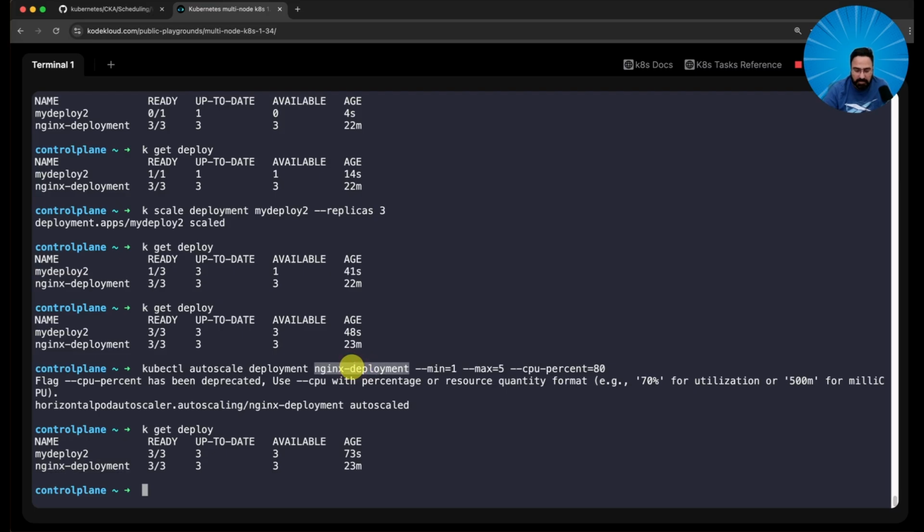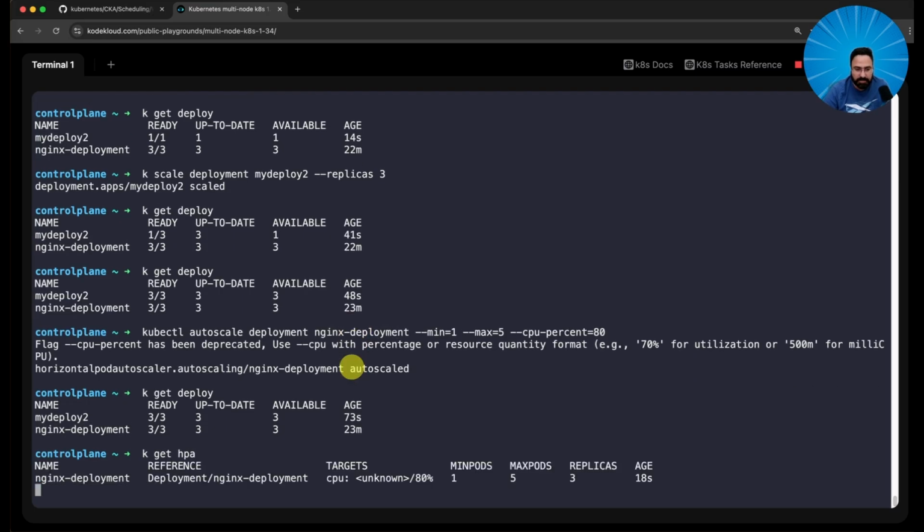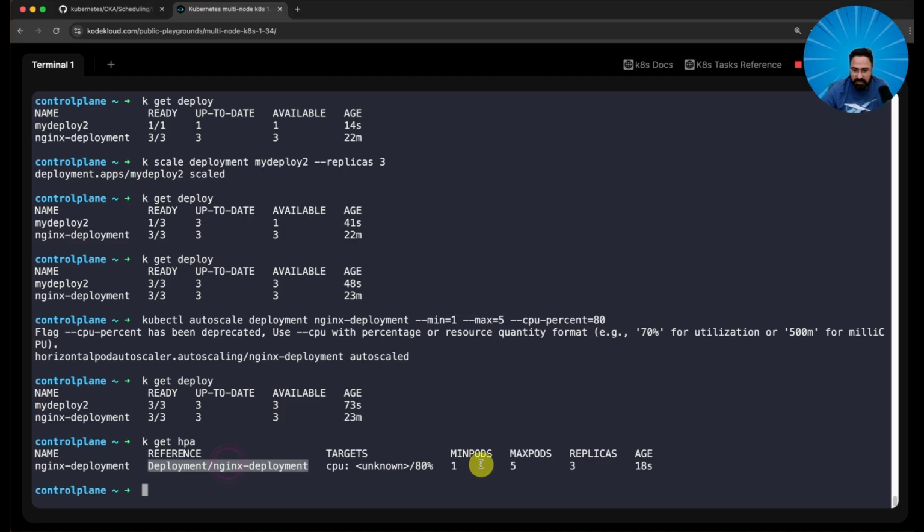But if I, let's say, k get hpa, you can see it shows unknown while it is still monitoring. It takes a moment to get the number. It'll say 0 1 or something like that. How many minimum pods you should have, how many maximum pods you should have, and CPU percent. I think CPU percent is getting deprecated. It says CPU, right? So you define like this,